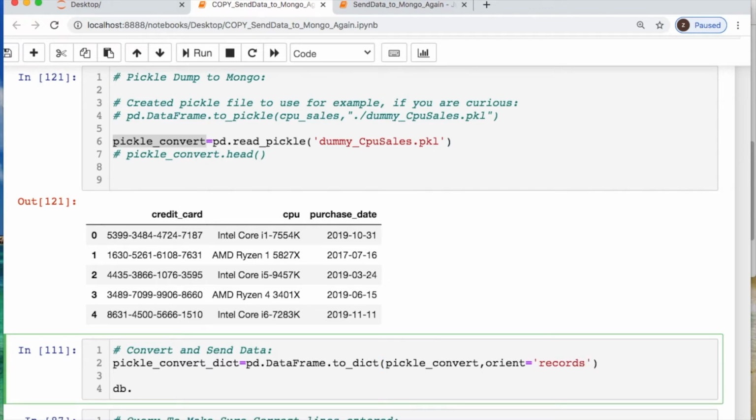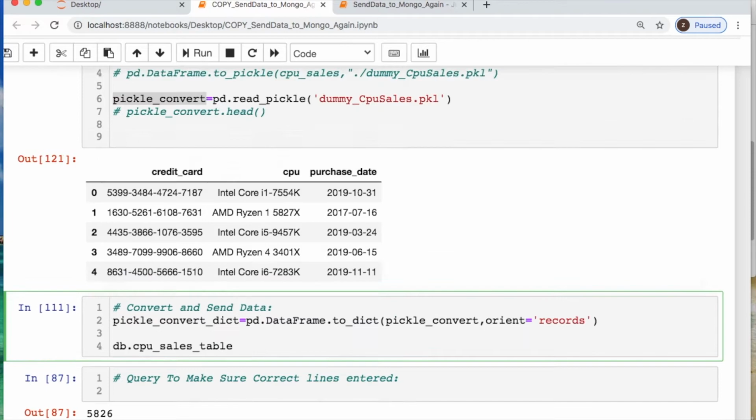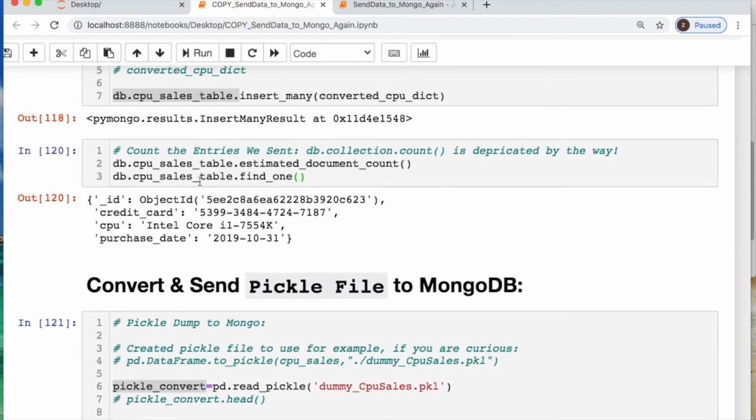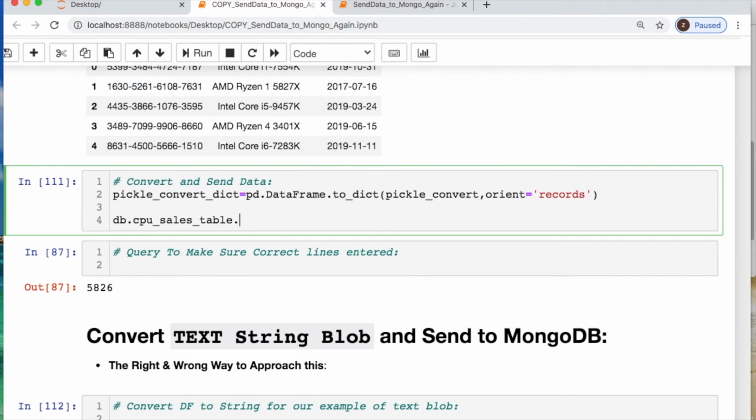Now we send our data off where we do our database dot collection name, which would be CPU sales table, if I'm correct. Yep. Then I need to insert many once more, send off our data,